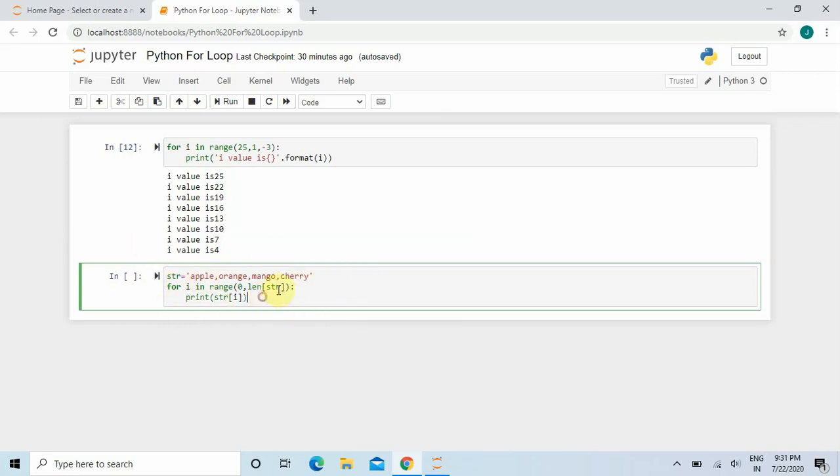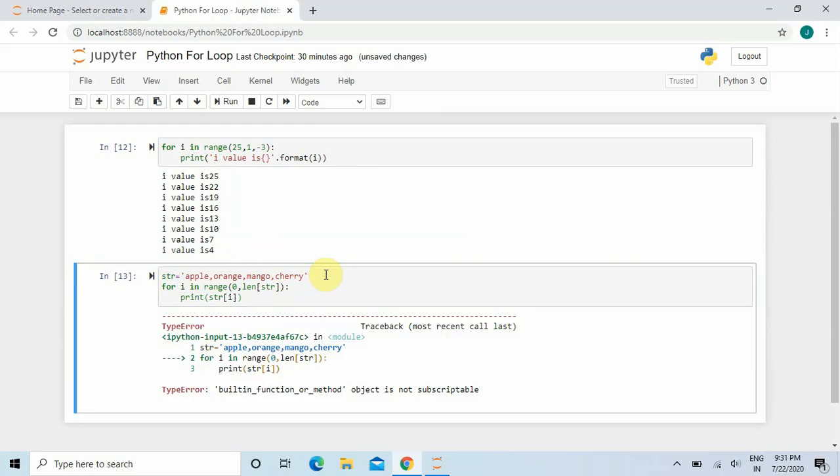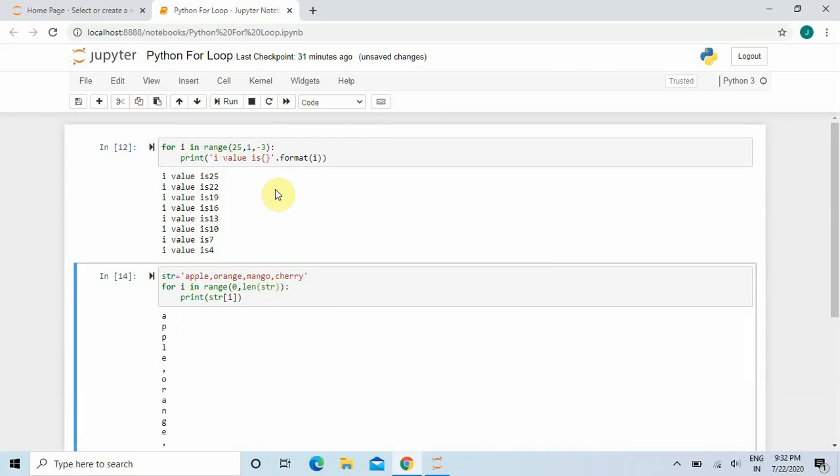So let me run this first. It is coming an error. Okay, so here I have given the wrong bracket for str. Here the bracket will be like this. So yes, you can see here that